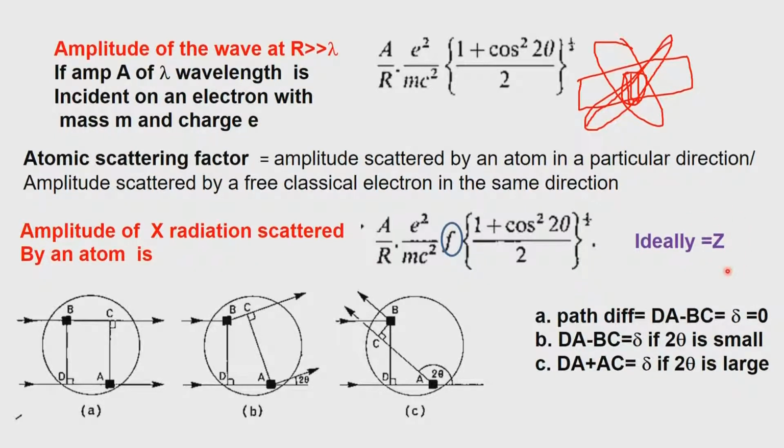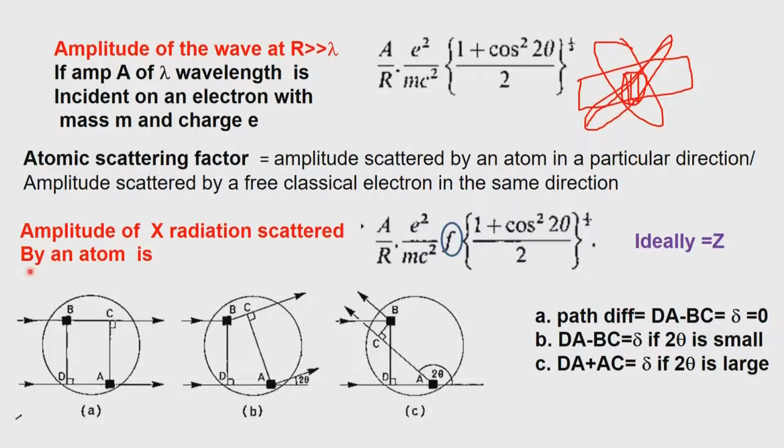Ideally it is Z, but it will never happen, because atoms are all in different positions with respect to some reciprocal lattice origin, and therefore, this value depends upon this 2 theta value. So, since this depends upon the 2 theta value, it depends on the scattering angle. Since it depends on the scattering angle, the scattering direction has to be considered very seriously, and that is shown in the diagram below. We will try to understand this diagram carefully, because this is going to tell us that unfortunately for us this is a limiting step.